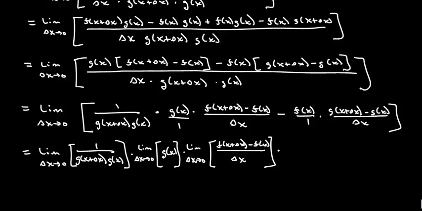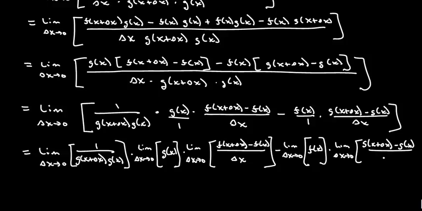Okay, then I'm going to subtract the limit as delta x goes to 0 of f of x, and then we're going to multiply that by the limit as delta x goes to 0 of g of x plus delta x minus g of x